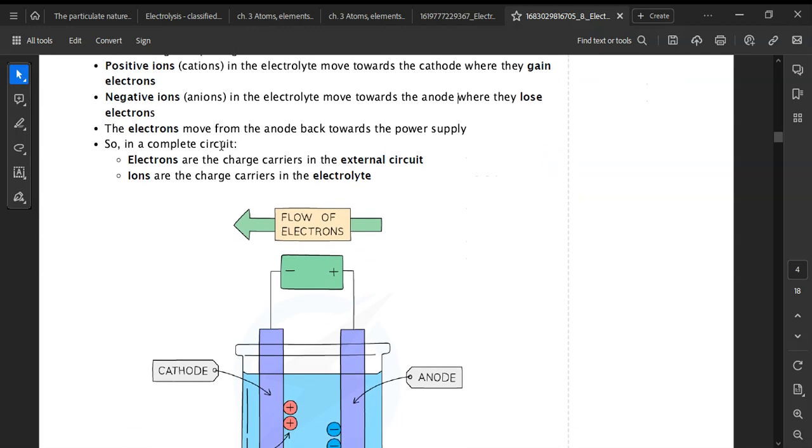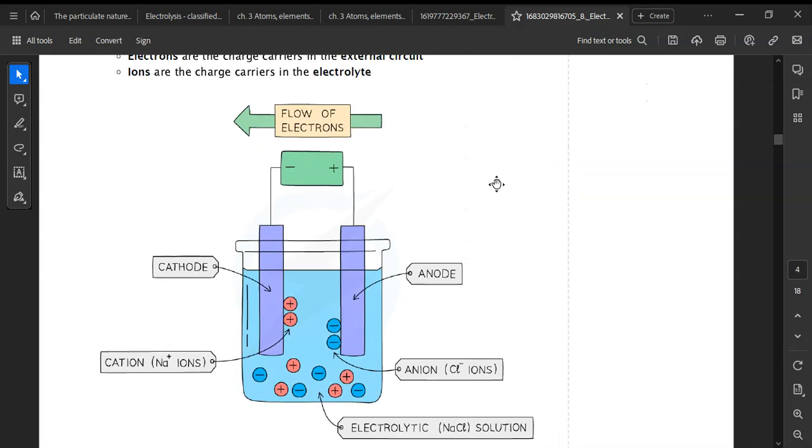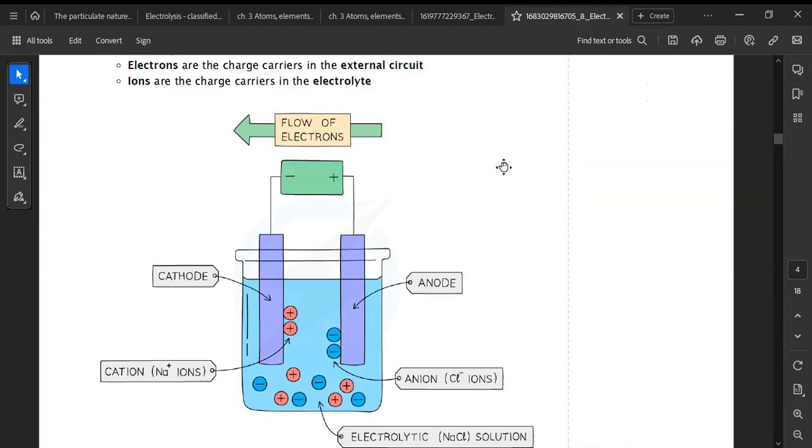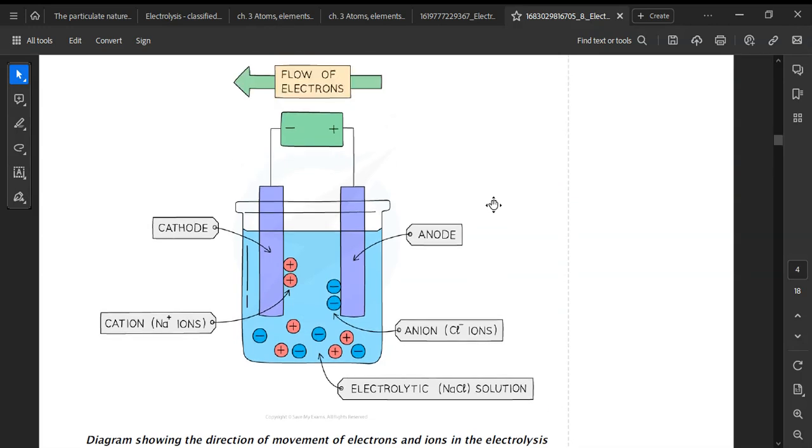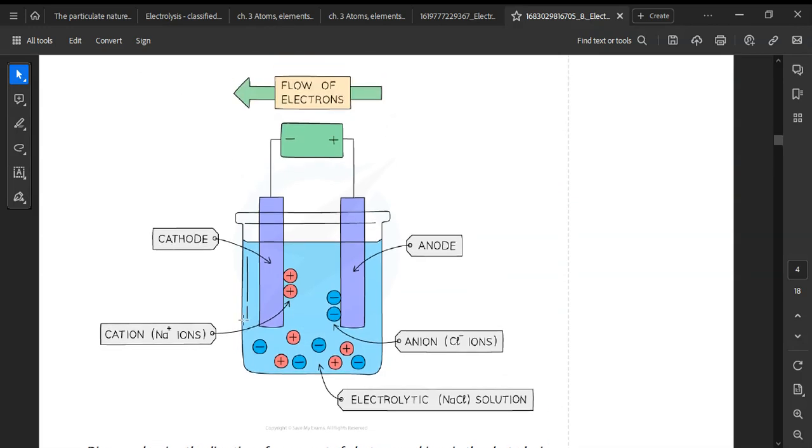So in a complete circuit, electrons are the charge carriers in the external circuit. Ions are the charge carriers in the electrolyte. So yes, this is a diagram. This is our electrolytic cell. We have our cathode here, we have our anode here, we have our electrolytic solution, which is NaCl in this